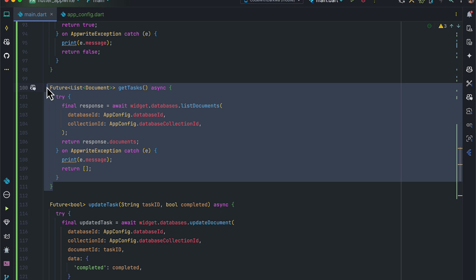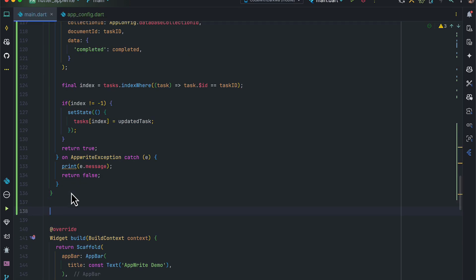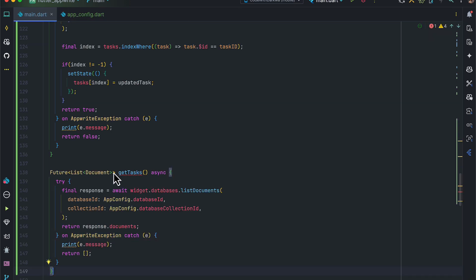The last functionality is to delete a particular task over here, and in deleting a task, we need to pass in the task ID. The return type of this is going to be a boolean, and the function name is going to change to deleteTask. In deletion of a task, we need to pass in the task ID, which comes as a string,